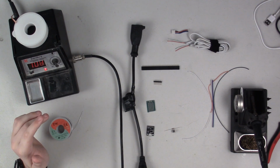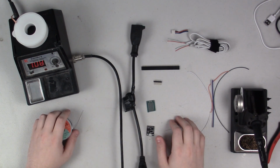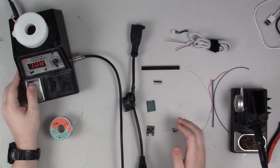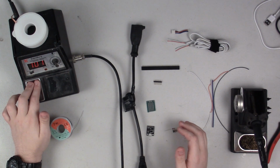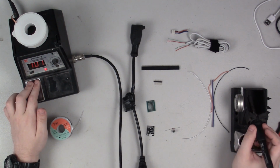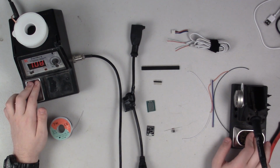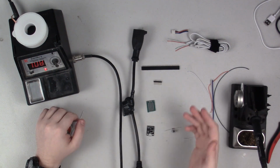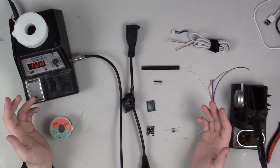And on at least 2 or 3 occasions in my life, and I've had this soldering iron for about 10 years now probably, I have left this thing on for at least overnight. I think one time I honestly came back like a week later and it had been sitting running for a week. I know, it's horrible, but the video I made a few months ago did actually, I want